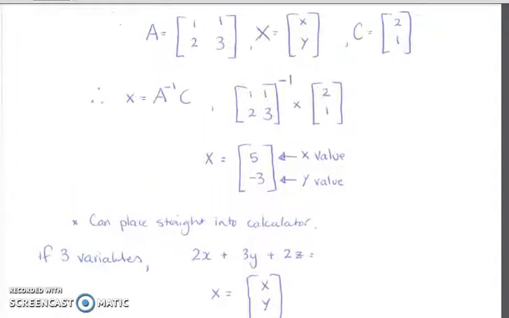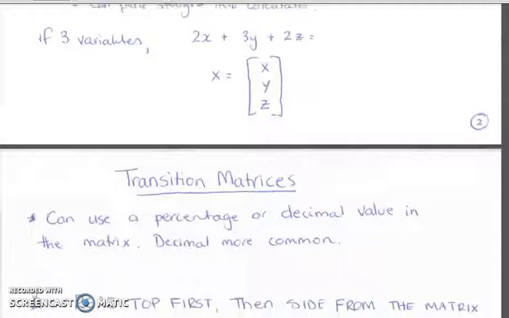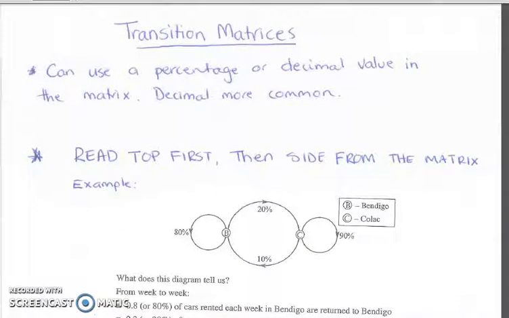So when you're doing your A matrix, you would just put 0 where that y did not exist. And you just continue to solve it like that. Transition matrices can use a percentage or decimal value. Decimal is the more common, and then you can convert into a percentage as you are moving through your